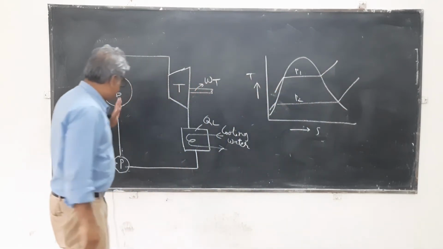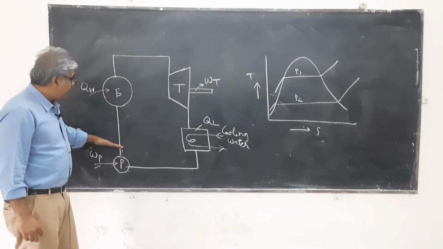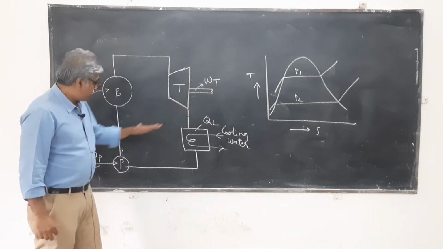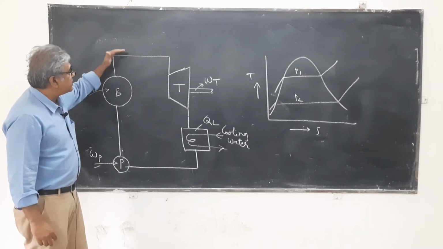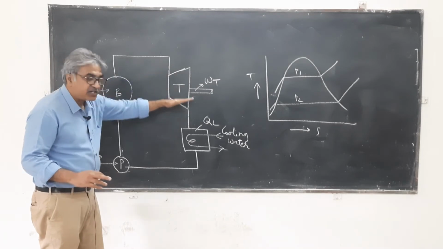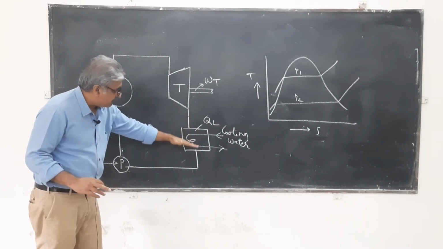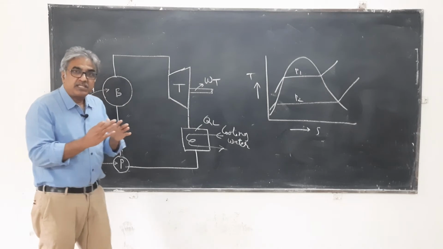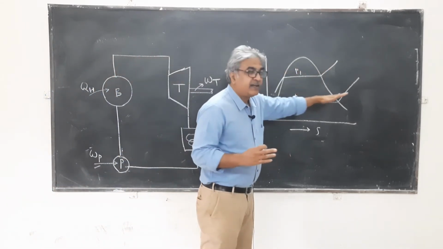If you look at this, you can see that after the pump, from here till here, it is high pressure, because it's pumping, a constant pressure up to this point, and from here the pressure will drop. Then up to this, and again it is pumped. So, basically the entire cycle can be split into two pressure regions. This is one high pressure line, this is a low pressure line.